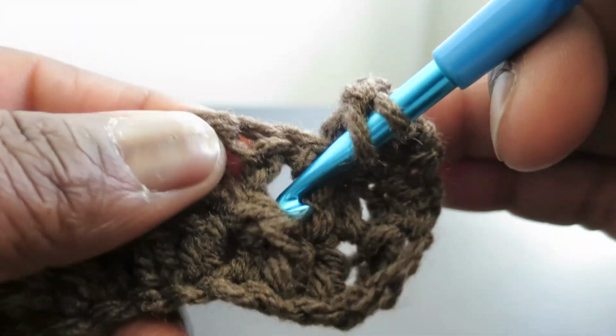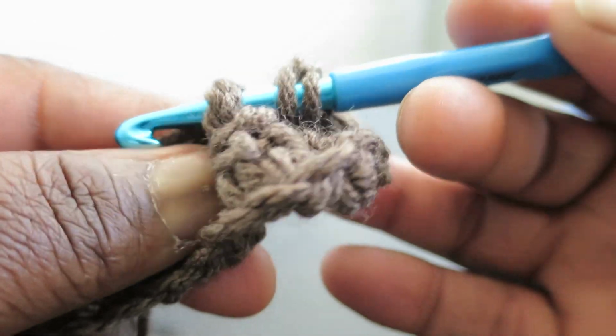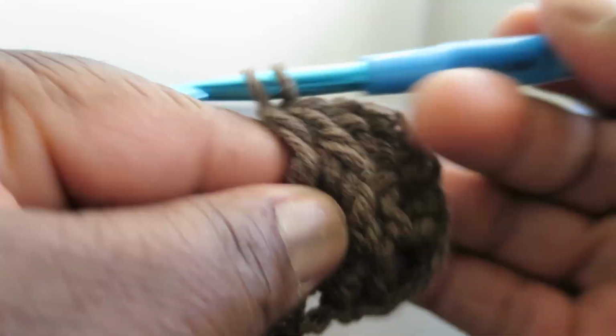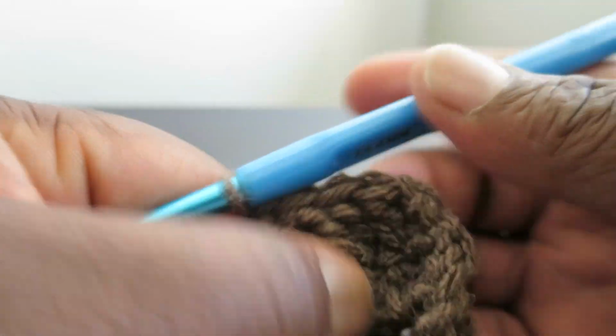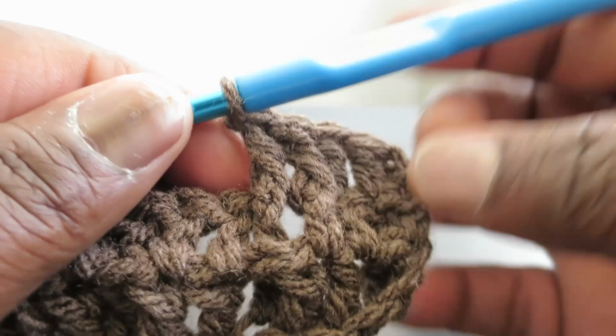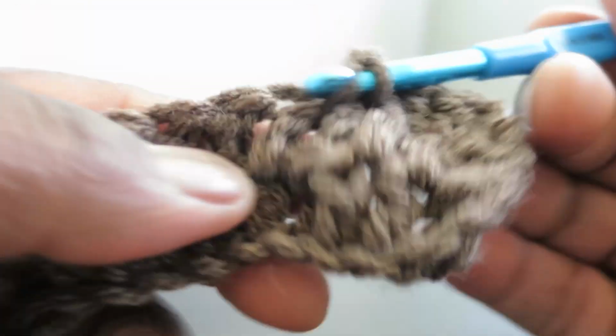So I'm going to go way back there. Hey guy, yeah, I see ya, you can't hide. And then we finish off our front post double crochet. So we did 1, 2, alright, repeat the pattern, 1 regular double crochet,